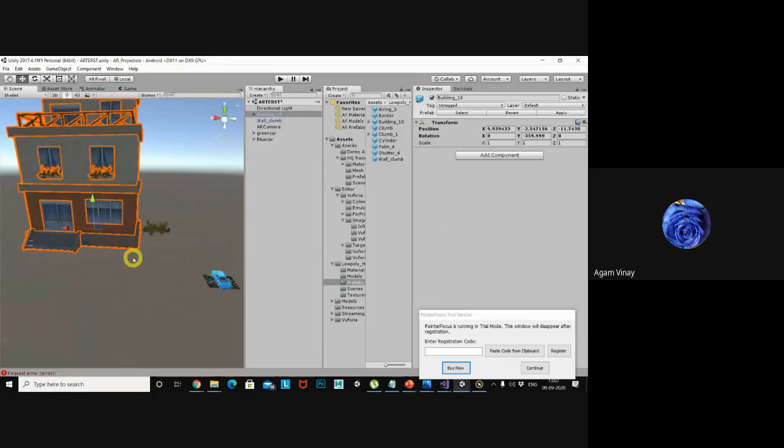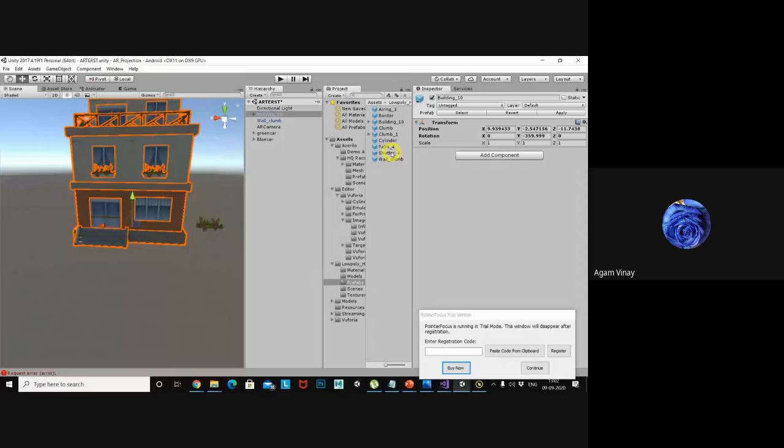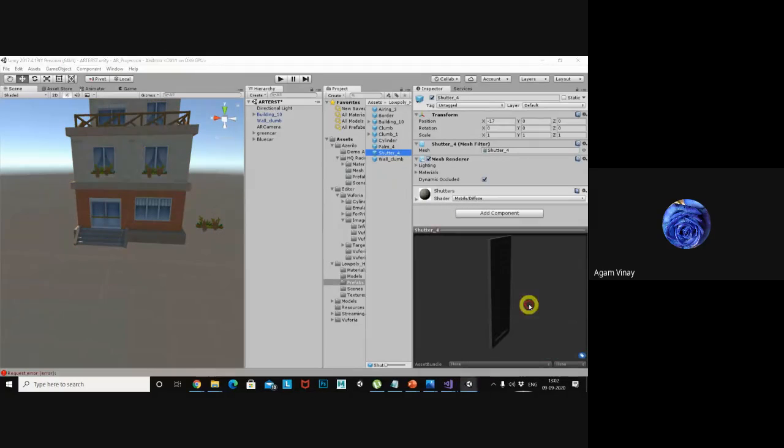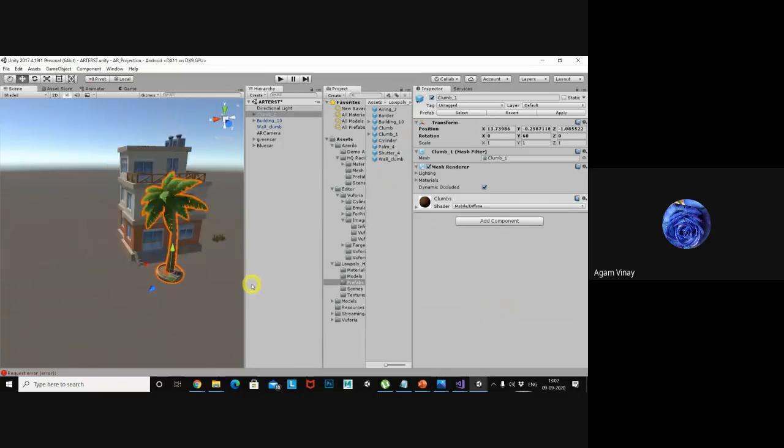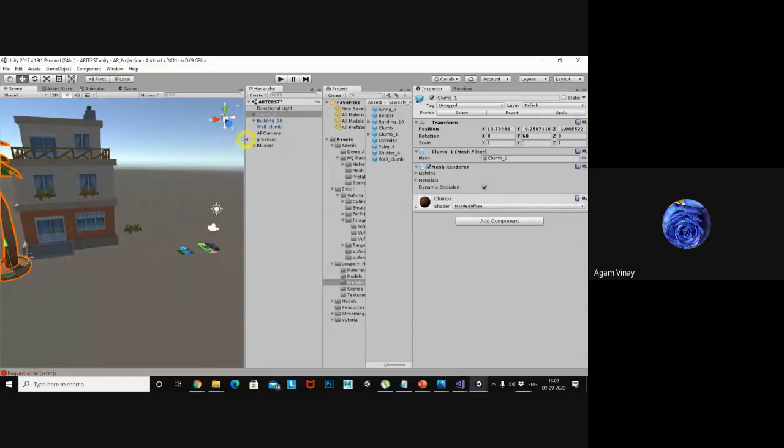So the building is there. If you want to put in your design, you can select it from here like this. If you want a whole set as one, just drag and drop into the building, okay?